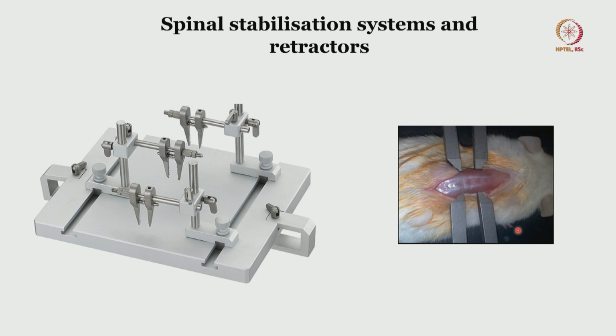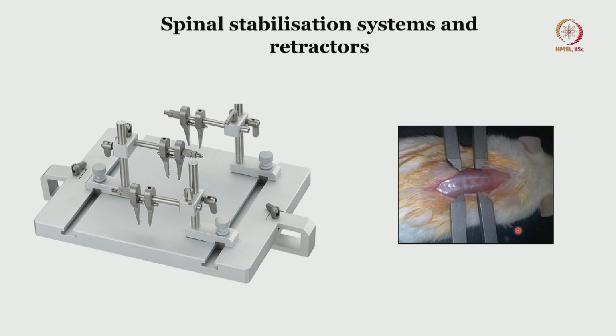The maintenance of the stereotactic position is very difficult as compared to the cranial surgeries. And of course the atlases are available even for stereotactic surgeries of the spinal cord, but then it is not used that frequently as compared to the cranial surgery because of the similarities between the cord segments. Even if you are one segment higher or lower, we can still manage unless your experimental outcome is that rigid and you really need a specific segment that is involved. So only then the accuracy matters that much in the